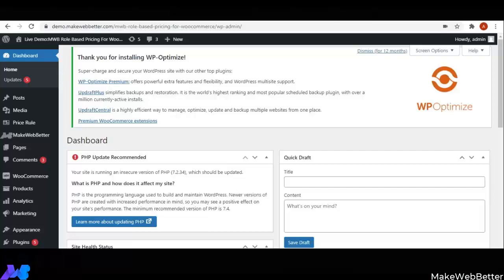So in today's demo video, I will explain to you how you can easily configure the front end and the back end settings of this free plugin. And I will also explain the advantages of the plugin at last. So keep watching the video till the end so that you don't miss out any plugin functionality.